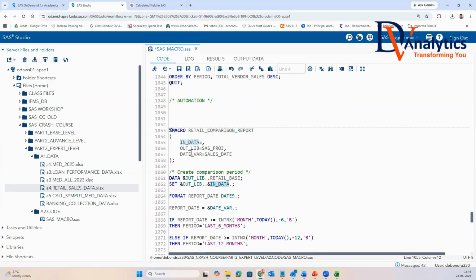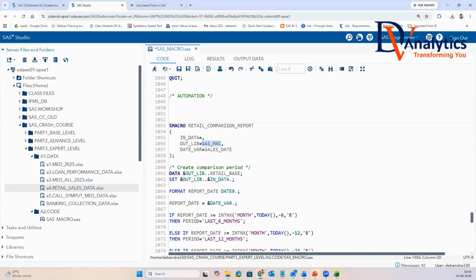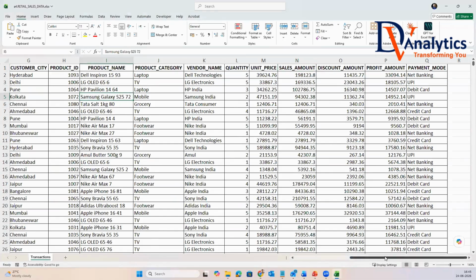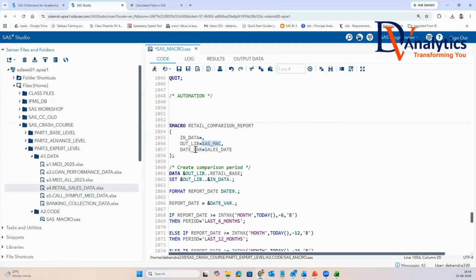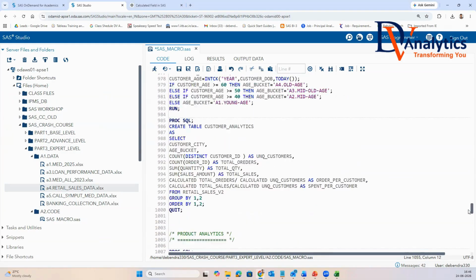I use my in data. Then I say, this is all about my SAS Mac library. In this, I'll take my sales date as my date variable. I go to this program. I say outlib. This is my library name, which is called here as a macro variable to create detail base. Outlib. This is going to be in data, the data set which you created. So the data set which we have created at the top, which is called